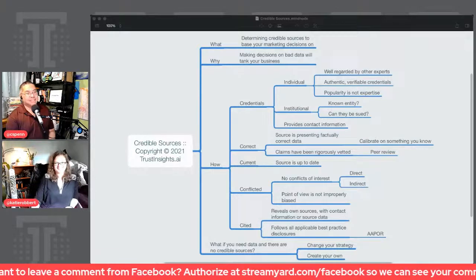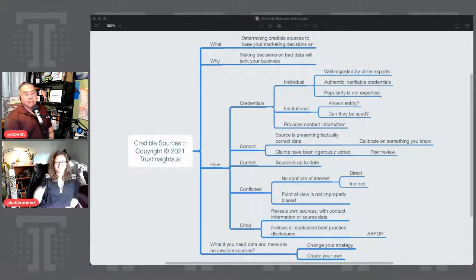By the way, number two is: is the source you're working with presenting factually correct data, information that is correct? And there are two important aspects here. One, if it's a more formal publication, again, this goes back to academia, there's probably been a peer review process where other independent people have looked at it and said, yep, this passes review. You didn't obviously screw up.